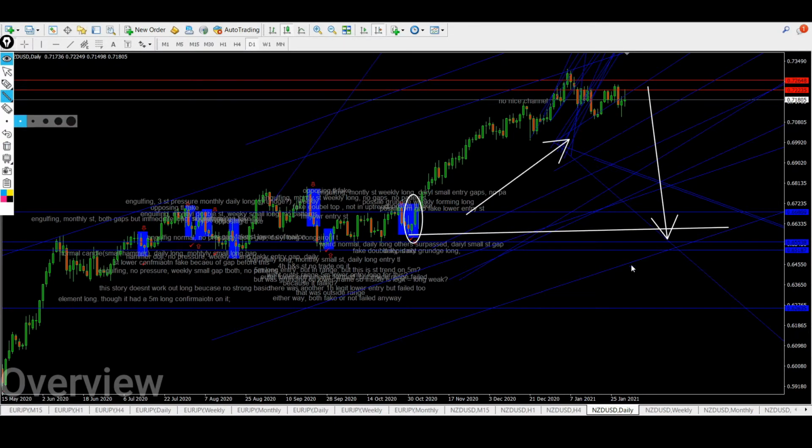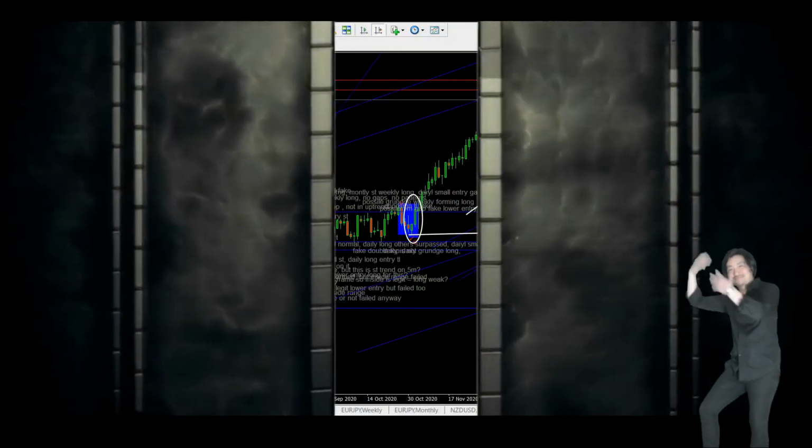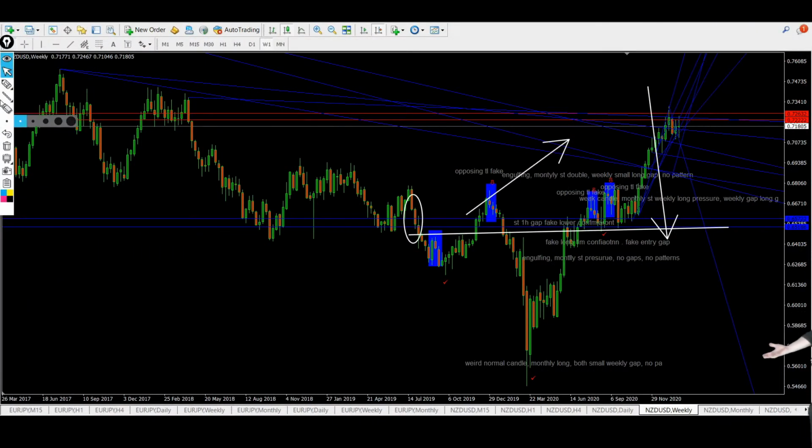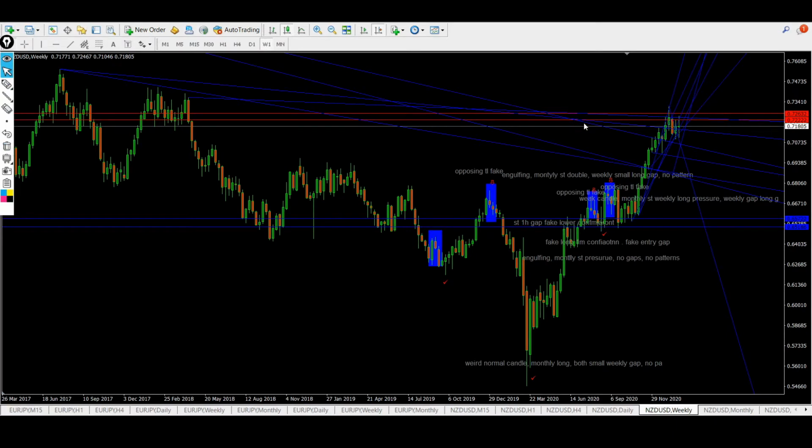Okay, so let's talk entries. This is a weekly chart. We're talking about this trend line from this pivot to this pivot. We want price to respect it. At this point, it is. And on top of that,